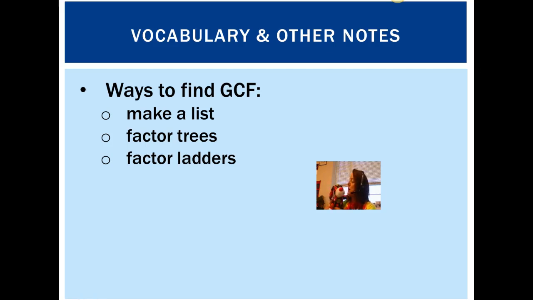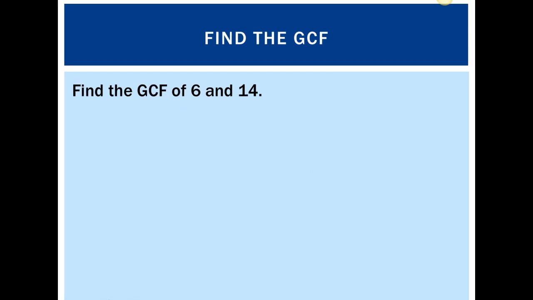Let's try our first problem. In the first problem, we want to find the greatest common factor of 6 and 14. One method we could use is to list out all of the factors and then find the greatest number that they share in common. To use the make a list method, you first need to list all of the factors